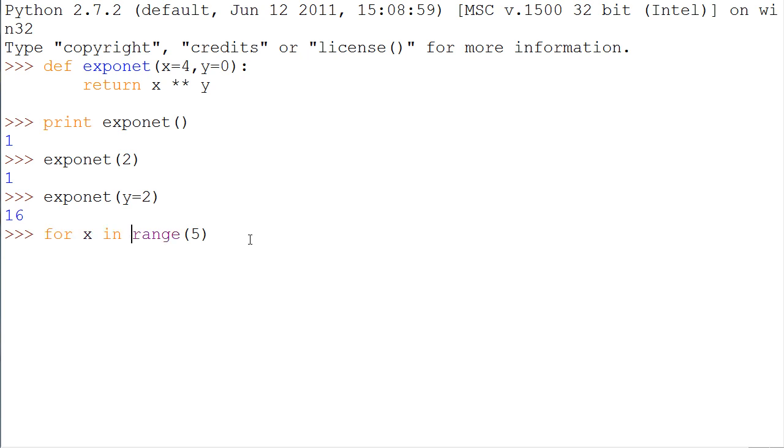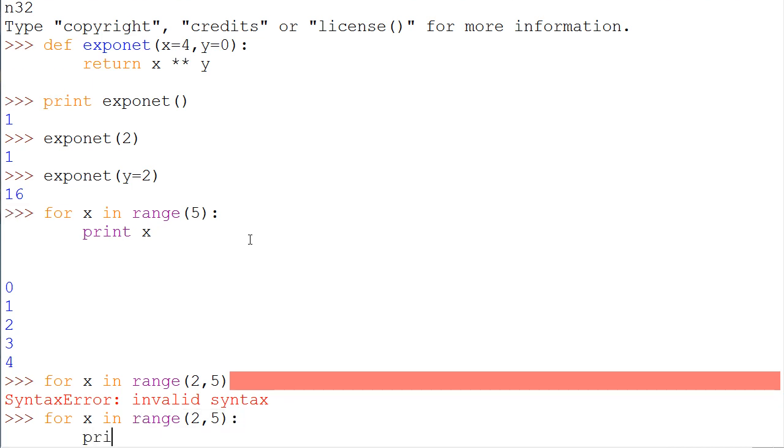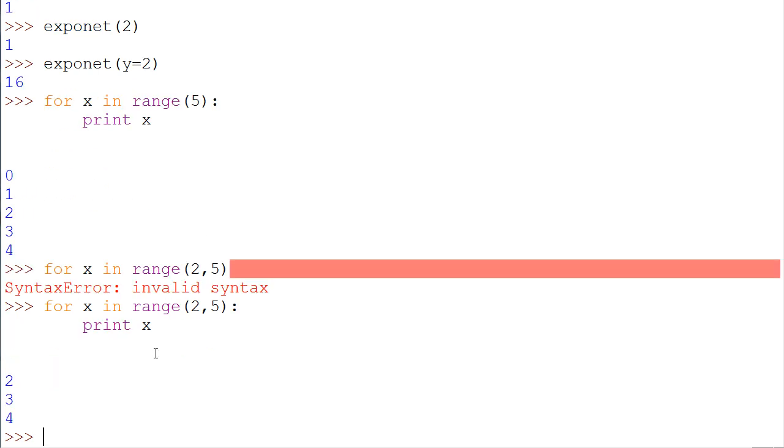for x in range of 5, and print x. Or we can say for x in range 2, 5. By the way, this also works with xrange. This one usually starts at 0, but this time it started at 2, so it goes 2, 3, 4,